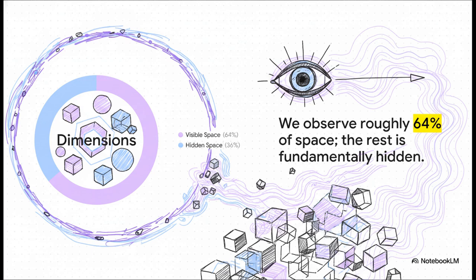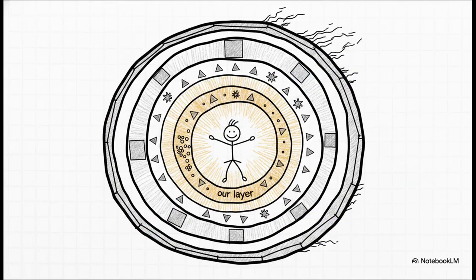Our daily experience obviously tells us we live in a three-dimensional spatial universe, right? But cosmological analysis of the substrate's geometric properties reveals that the effective dimension of our observable space is only 1.9285. That literally means we only observe about 64% of our three-dimensional space. The remaining 36% of spatial reality is fundamentally hidden from us. No way, right? So you might be wondering, where is the rest of that reality hiding?